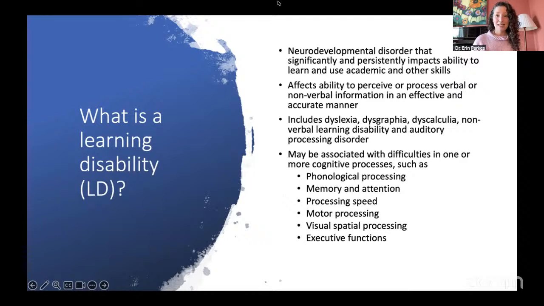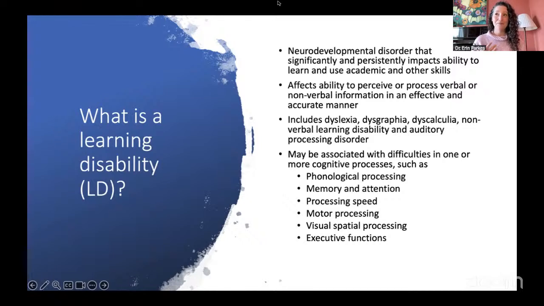So we'll start with dyslexia, but I don't want to focus just on dyslexia because the others really can impact music learning as well. And there are some relatively simple strategies that we can put in place. And I always really advocate for not hinging everything on a diagnosis. So sometimes we have a diagnosis, sometimes we don't. But if you have a student that is exhibiting some of the signs that we're going to talk about today of any of these learning disabilities, then you can apply these strategies.